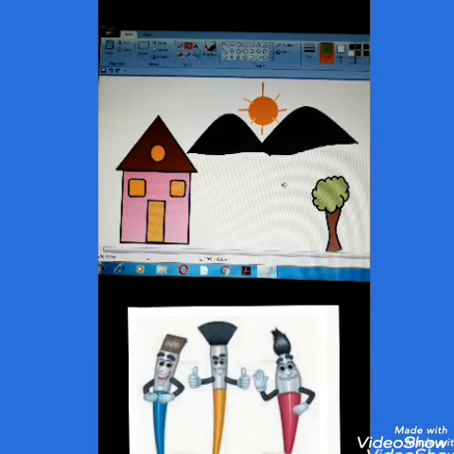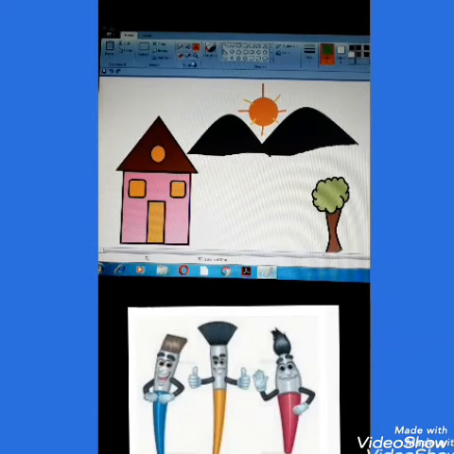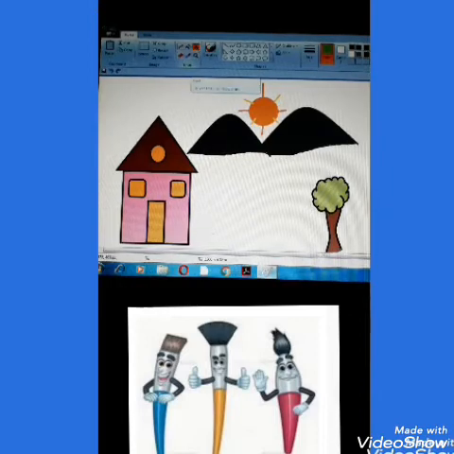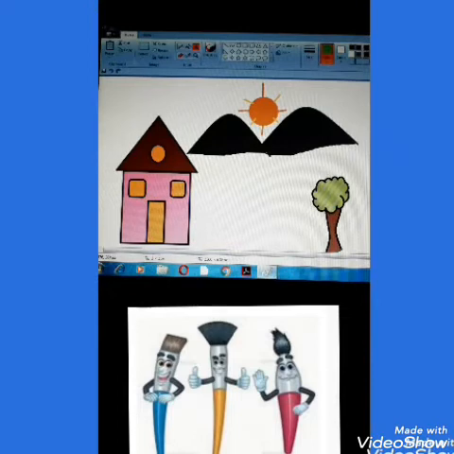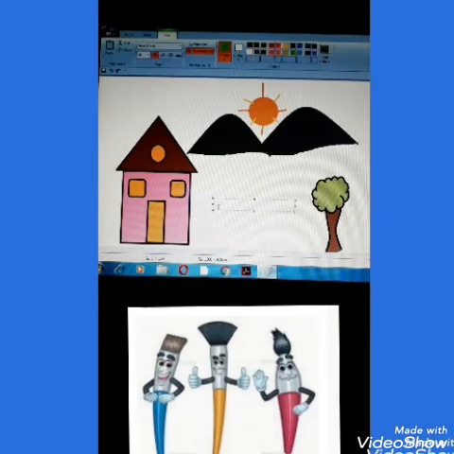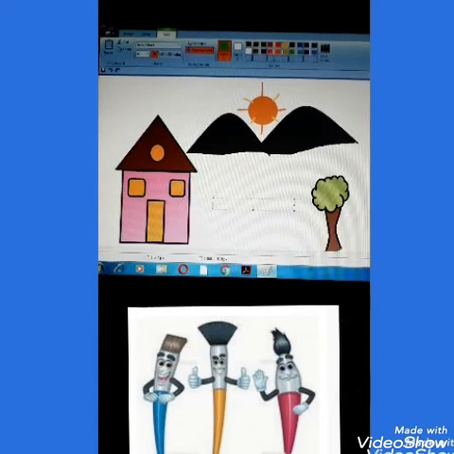Okay, so now here in this part I am going to show you how to type, so that you will learn to use that text tool. See here children, I have used the A tool, that is text tool. Here I am going to click. Once you click here children, you will get a box there. You can see the box, and now you can type. Now here I will show you how to type computer. You can type your name. Okay, but here I will type computer.